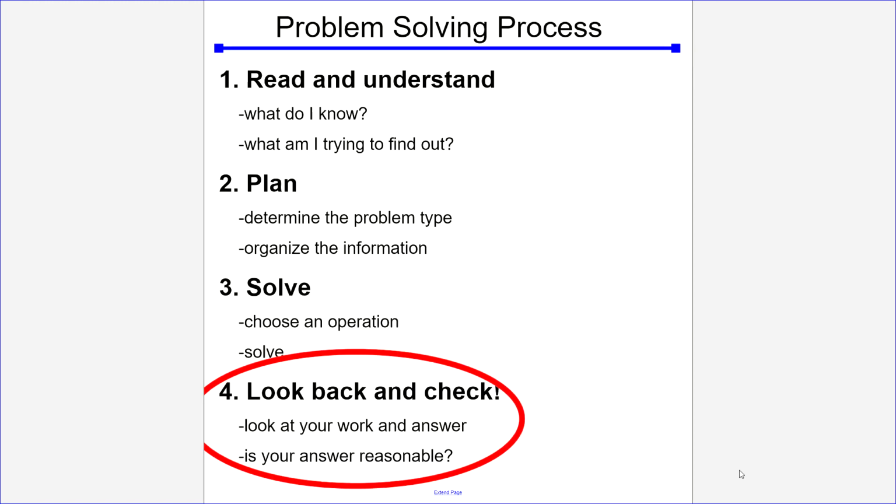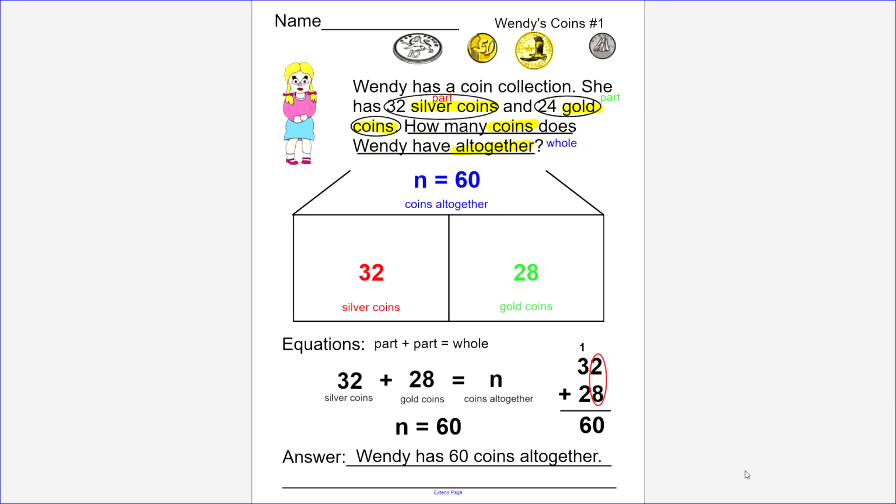Awesome, third grade. The last step in our problem-solving process is to look back and check. We're going to look at our work and the answer, and we're going to make sure our answer is reasonable. The first thing I like to do when I'm checking my work is I like to make sure that the numbers I wrote in my